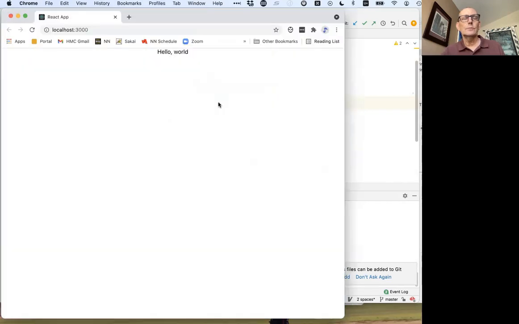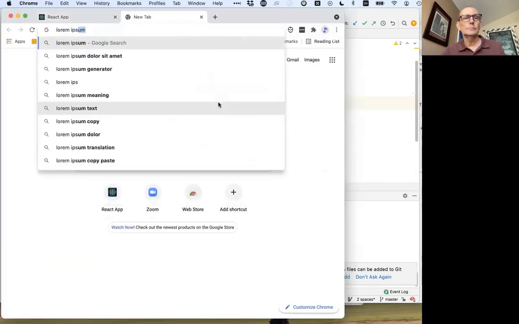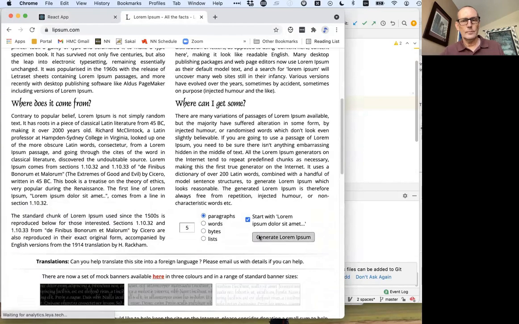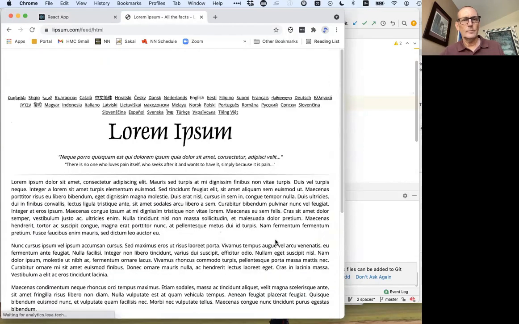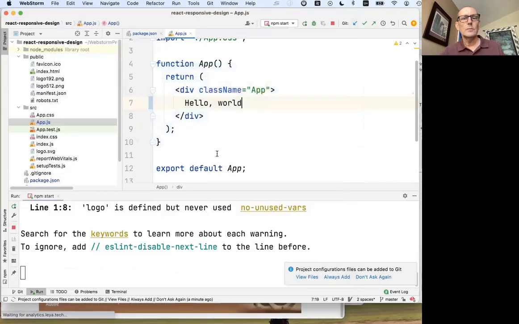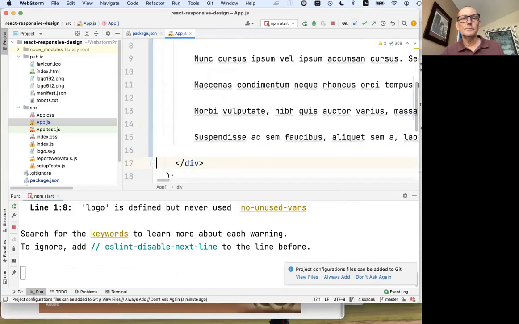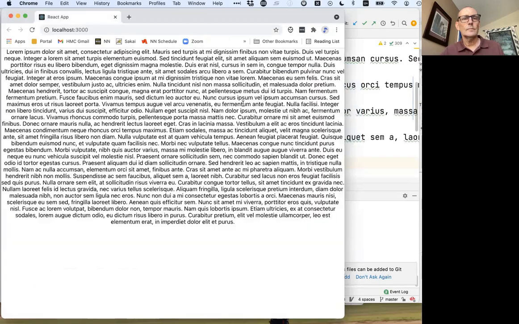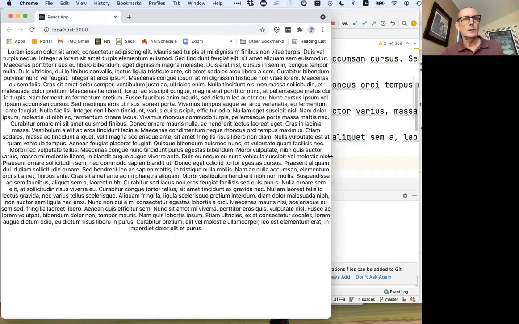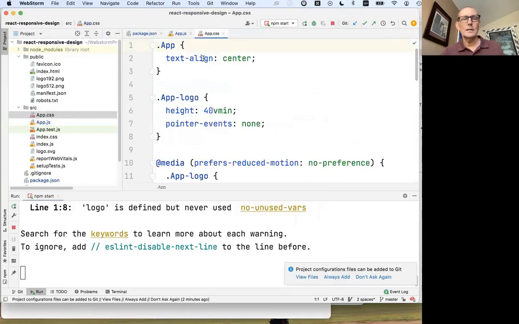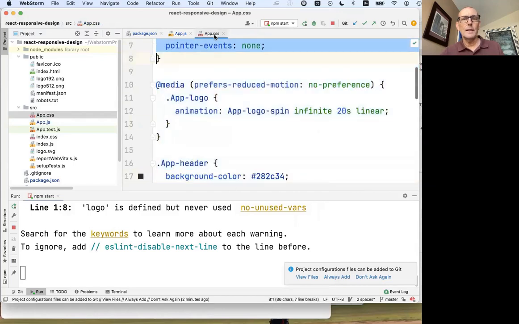So here's some lorem ipsum stuff. And there's this. I'm not sure how we ended up centered. It must have been from our app.css. Let's just go ahead and